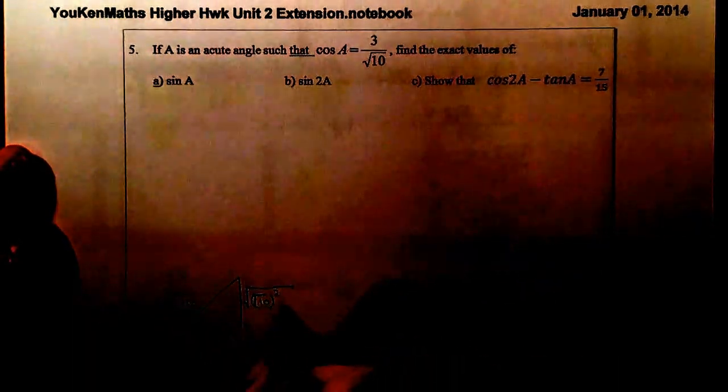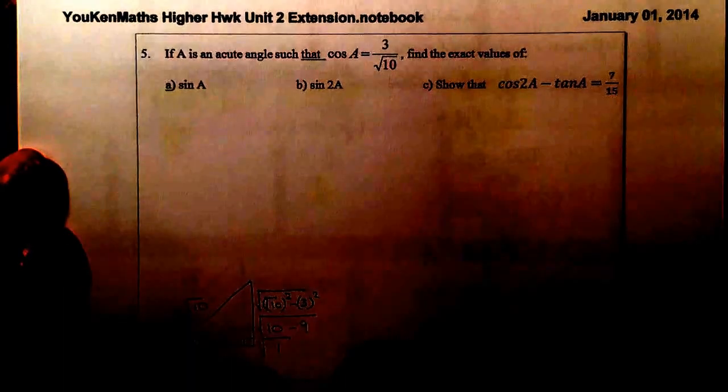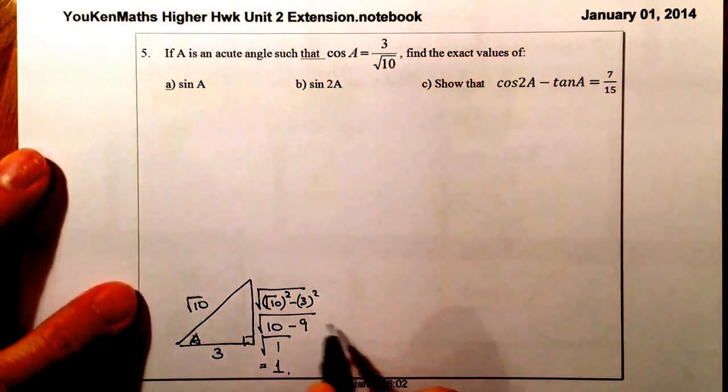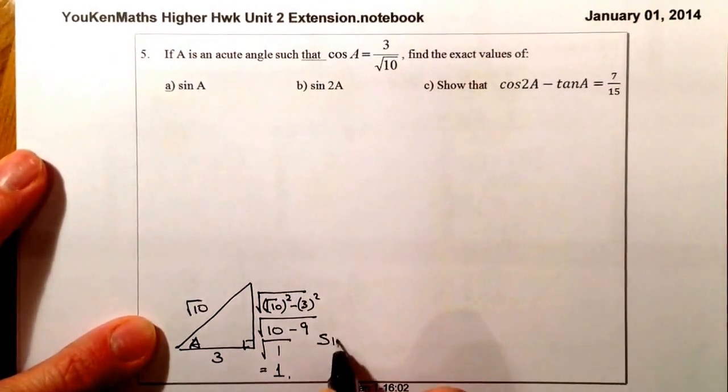it, and because this is one of the shorter sides, I'll just subtract 3 squared from that. So that should give me, that'll give me 10. Root 10 times root 10 is 10, minus 9, and that should give me square root of 1, which equals 1. Okay, so from there what I can say is that I already know the cosine A, so sine A